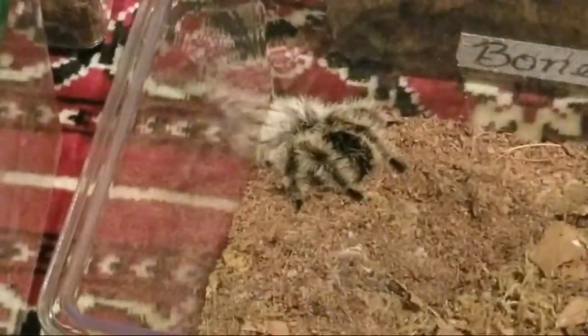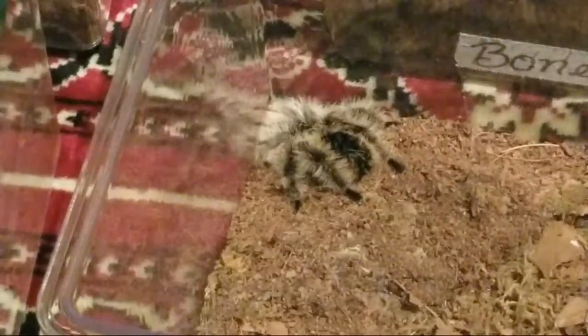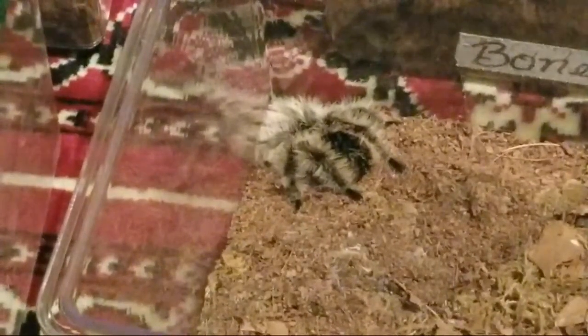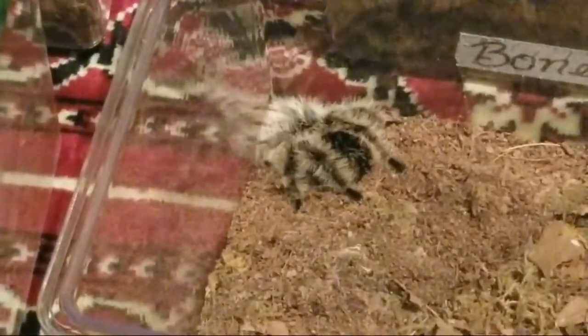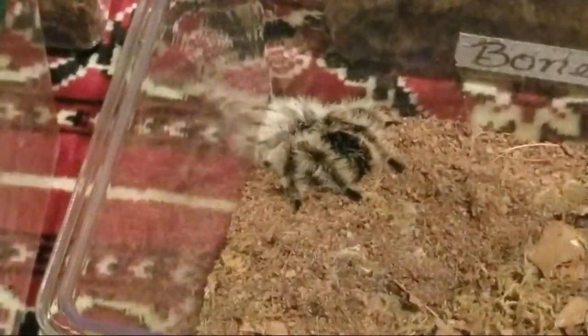And this here, this is her molt. As you can see, one moment, give me a second, guys. Let me set this down right quick. I need to get my tongs. If I can find them. Where did you guys go? Where did they go? Tongs, tongs, tongs. Where are my tongs? Oh, here we go. I got them. Okay, so